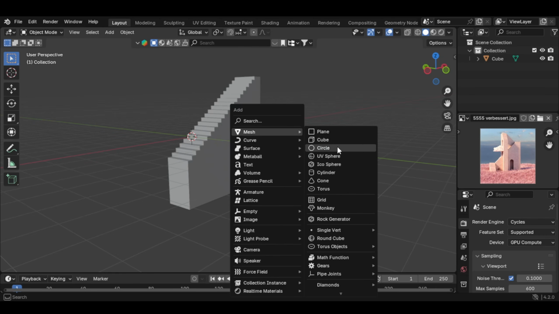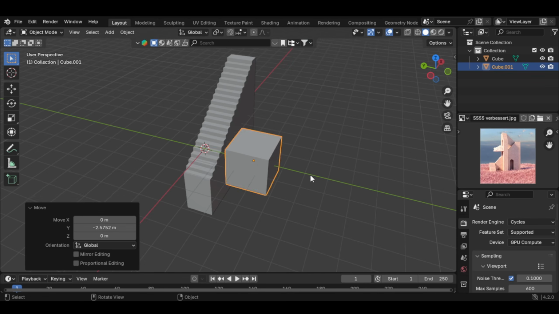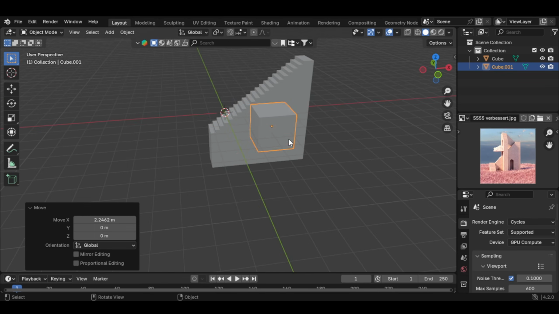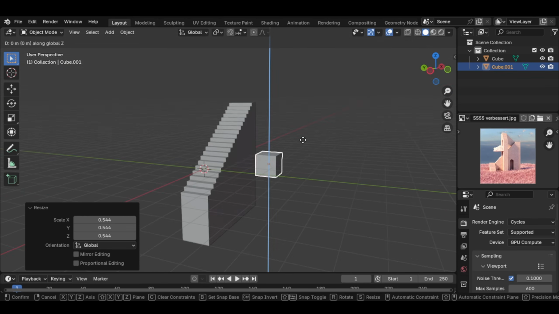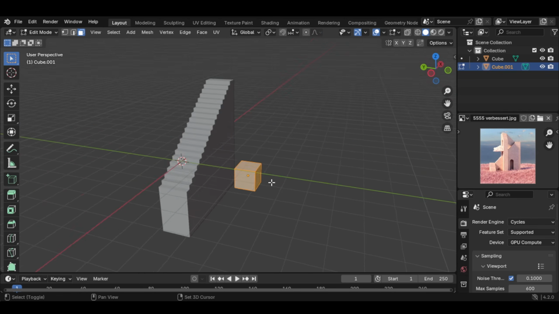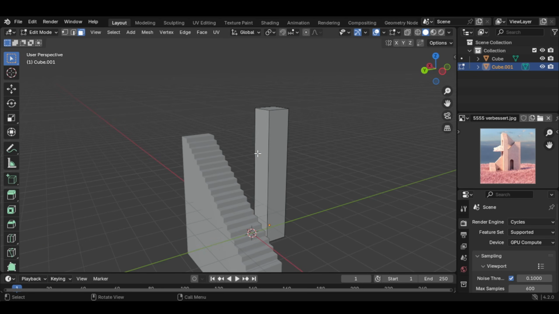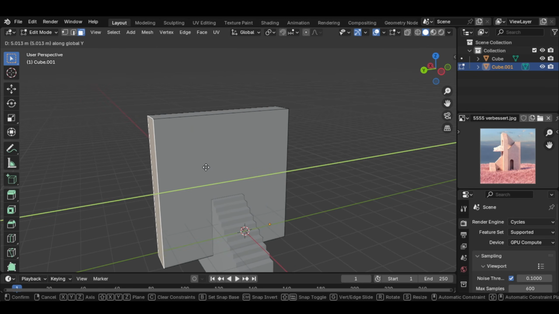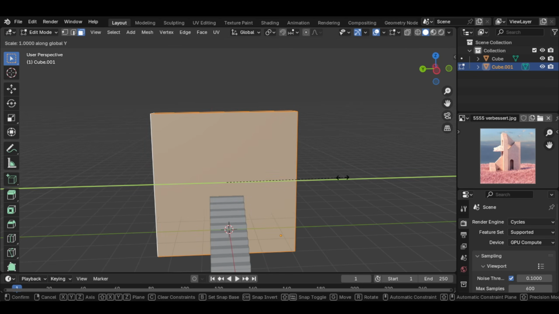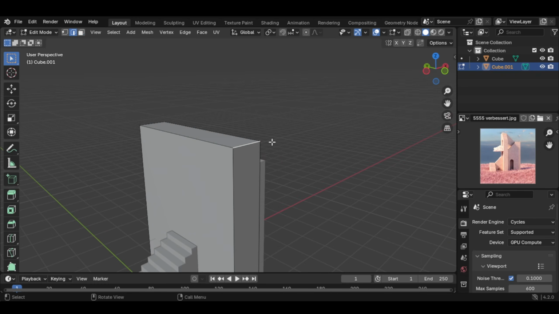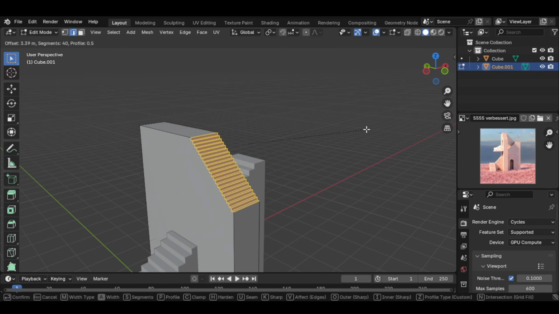add another cube, place it, scale it down, bring it down, go to edit mode, press G and Z, select this face and press G and Y, select everything, S and Y, select this edge and bevel,